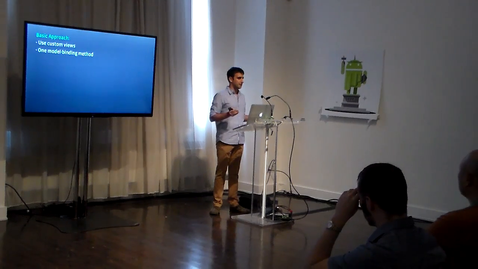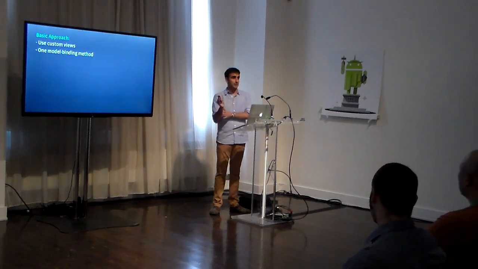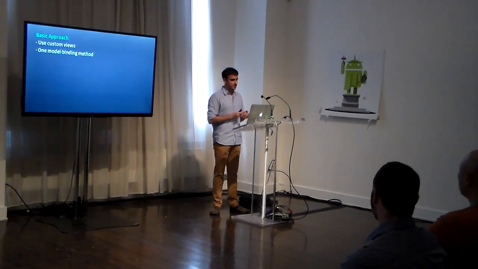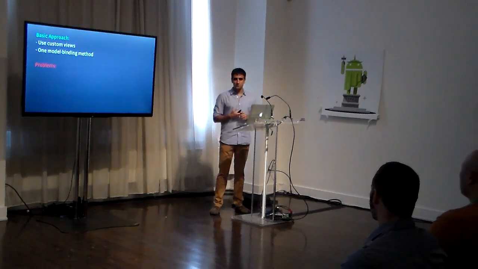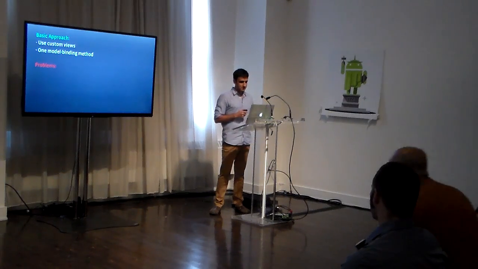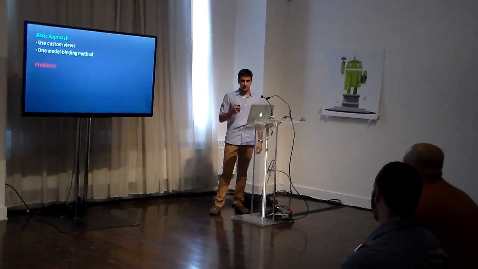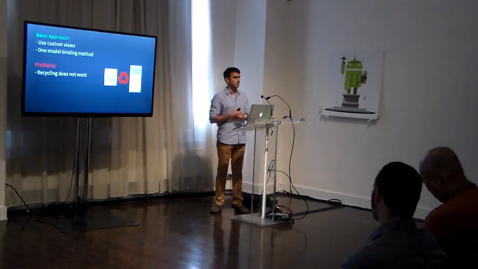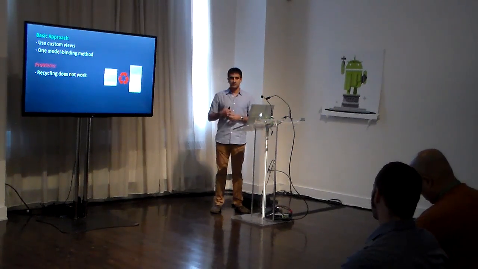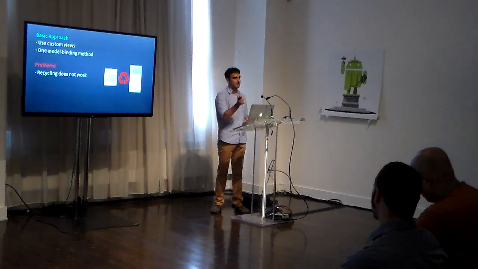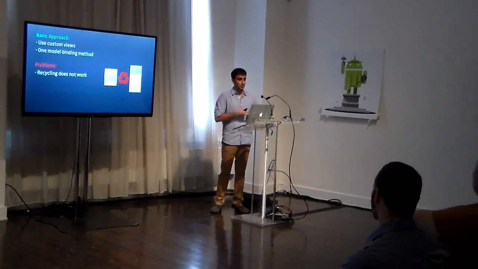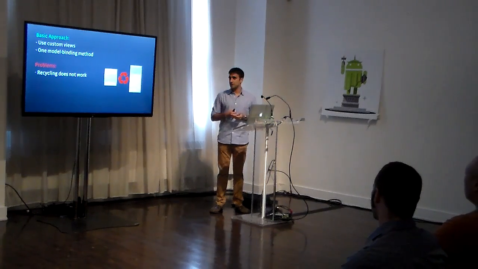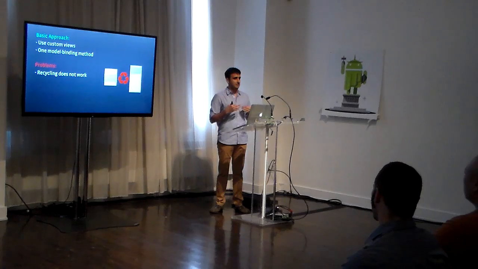It's very straightforward, it makes sense, the code is where you expect it to be, and that can pretty much work when your app is small, but then we start running into problems. So the first problem is that recycling doesn't really work so well. If before you could just get the existing view, set a few things on it, and you'd get a view with the getView method, now you're going to have a way bigger issue because your stories are so diverse and different